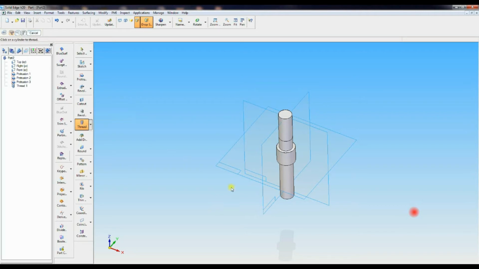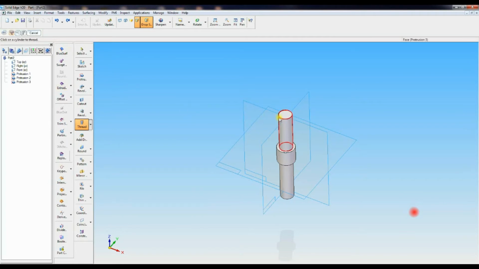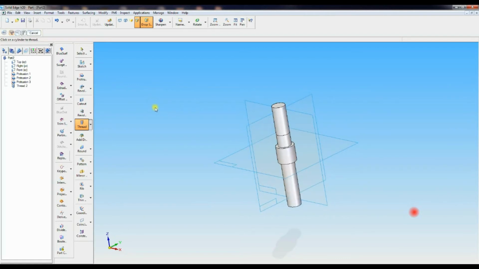One more time, select thread, OK, select shank and tip of circle, then finite extent, you have to give finite value 35, then here M16, finish. Finished. Okay, threading is over in that part.